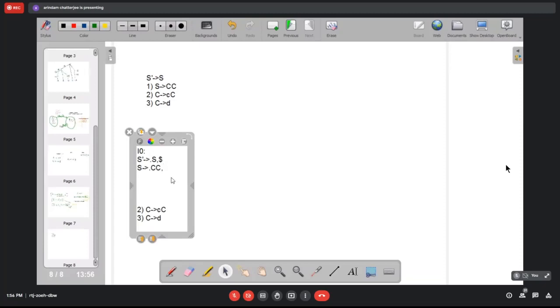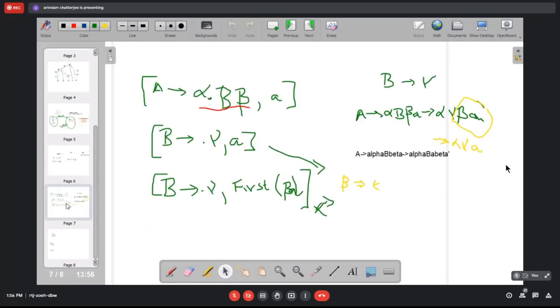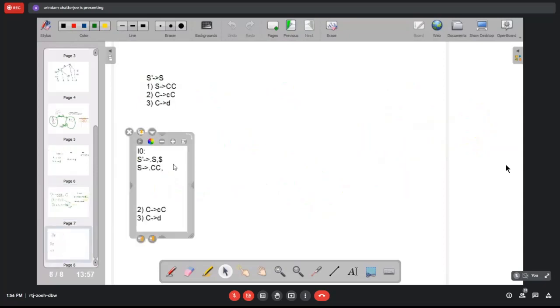So just the analogy is here. If A producing alpha dot B beta, comma A, and B produces dot gamma, then first of beta A should be the look ahead item. So here, what is alpha?